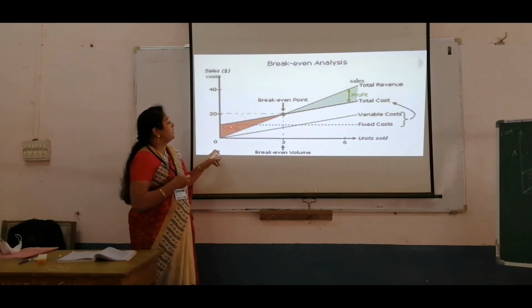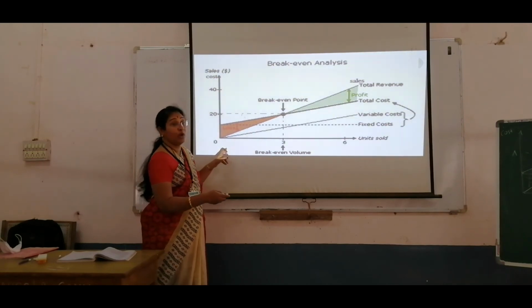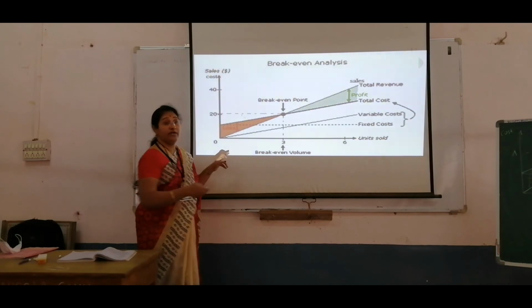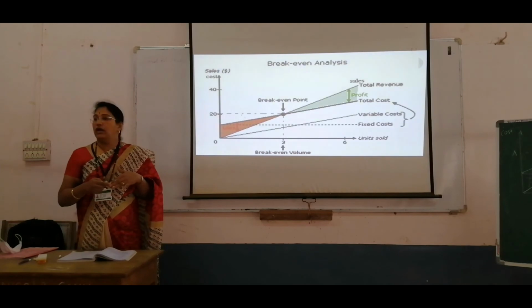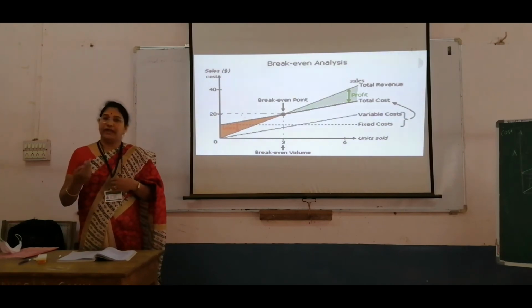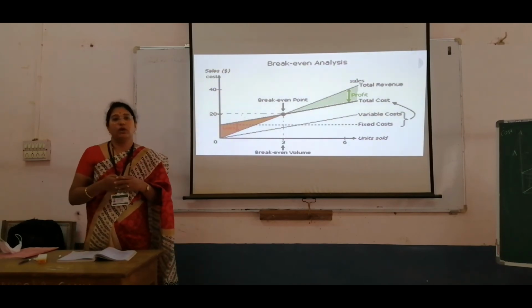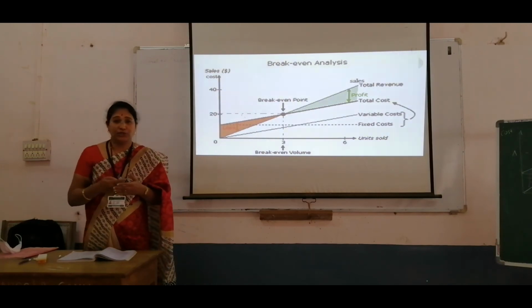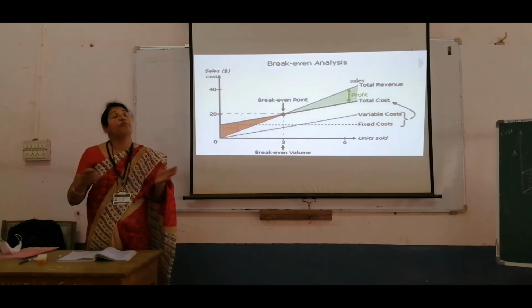So this dotted line indicates fixed cost. This line indicates the variable cost line. This line indicates total cost. This another line indicates what? Sales or total revenue. So here let us take one by one. Fixed cost. It is the cost for making the part. What is required to make a part? It requires certain building, certain room, certain labor, fixed, irrespective of production.